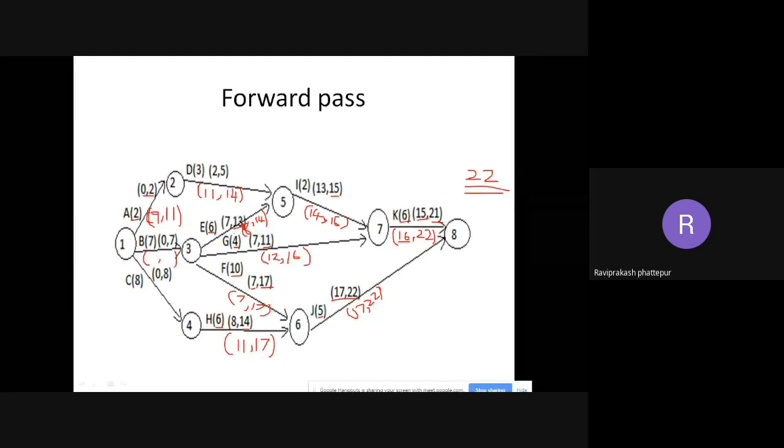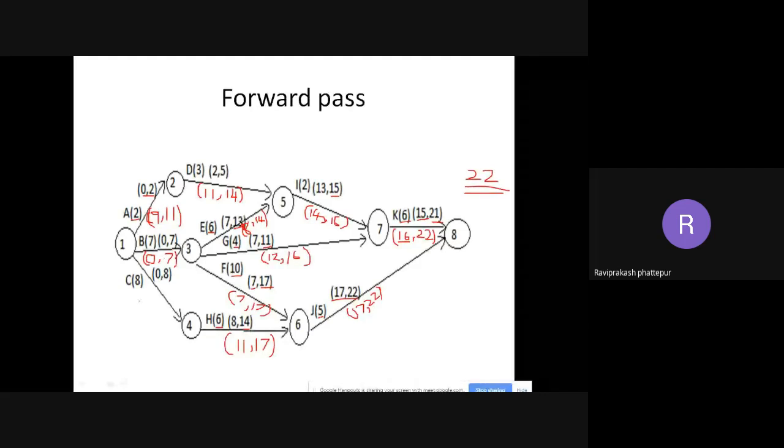So there are three things that are coming back. One is 8, one is 12, and one is 7. So which one do we need to take? We need to take the lowest one. Remember, while going forward, we need to take the highest one. While coming back, we need to take the lowest one. So I have taken 7. So what is the duration? It is 7. So what is 7 minus 7? 0. So 0 comma 7 is this.